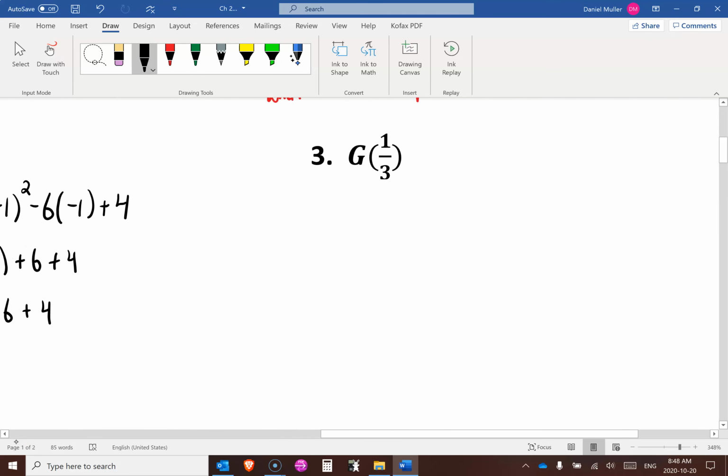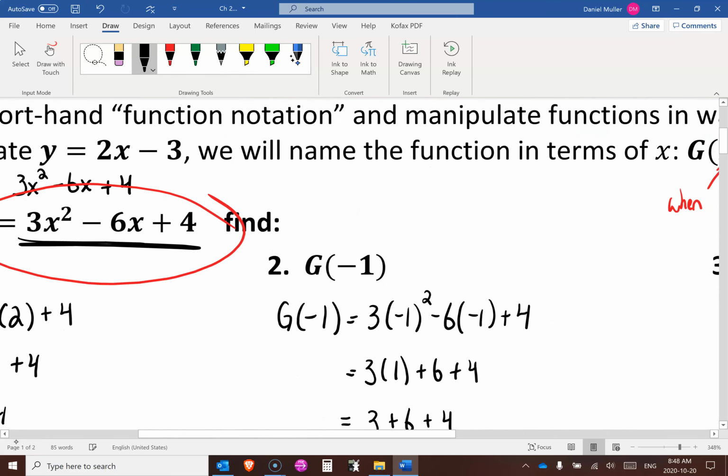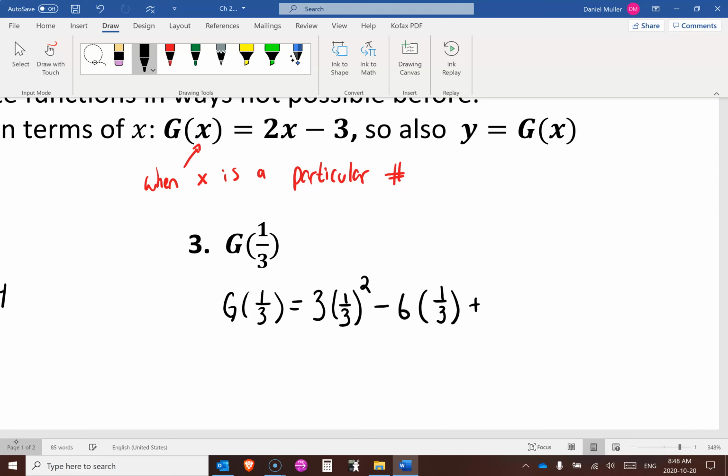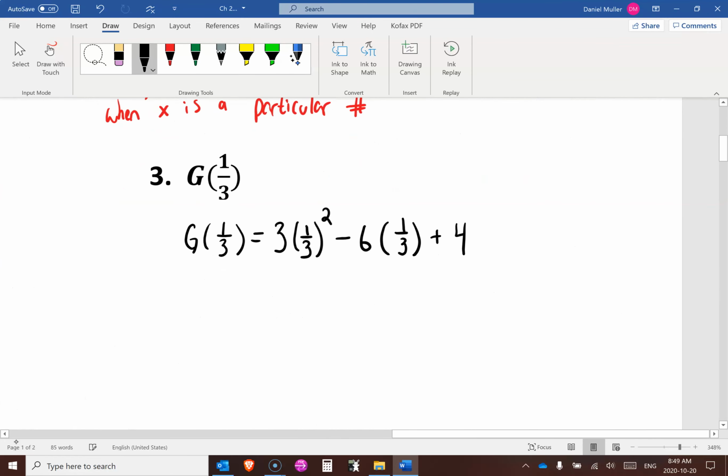G of a third. Okay, so g of a third is equal to, I don't know what the equation is anymore, 3x squared minus 6x. So 3x, in this case it's a third, 3x squared minus 6 times x, which in this case it's a third, plus 4. Okay. So we've got to bring this 2 in, so we're going to square the 1 and we're going